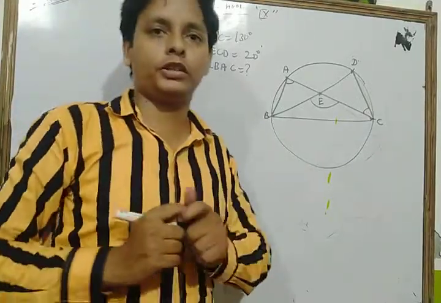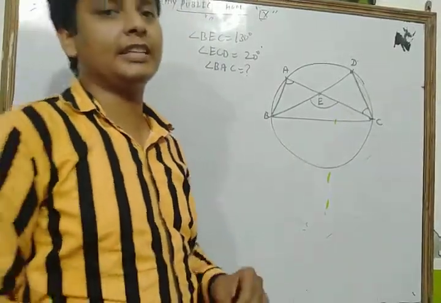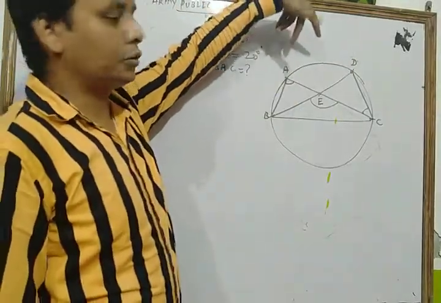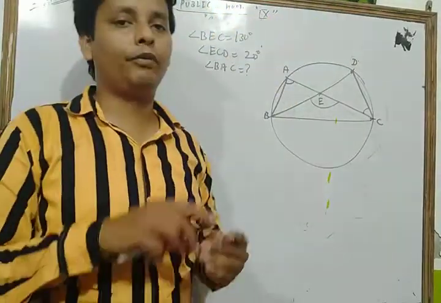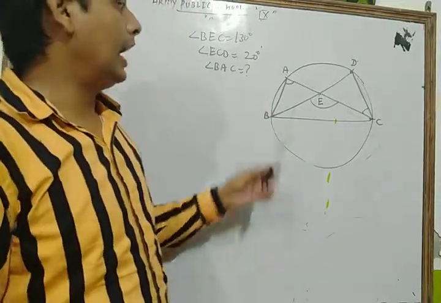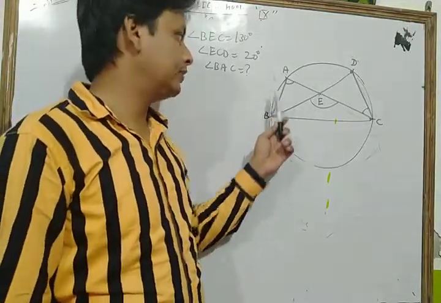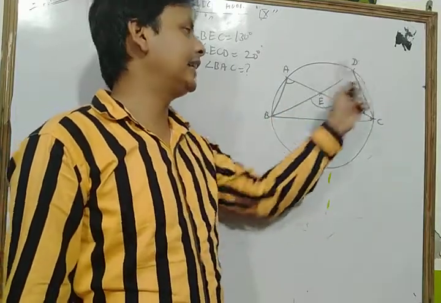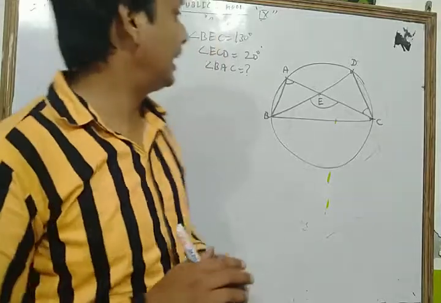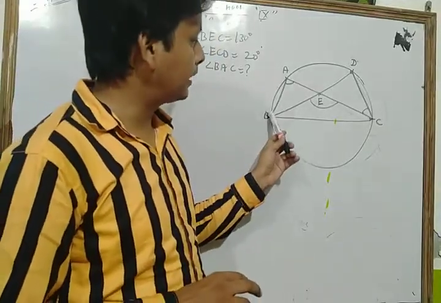Dear student, this is your question. This is a very important question of your NCERT exercise. Let's see. In that question, A, B, C, D are 4 points which lie on the circle, okay. And according to the question, AC and BD intersect each other at point E, and the angle formed by angle